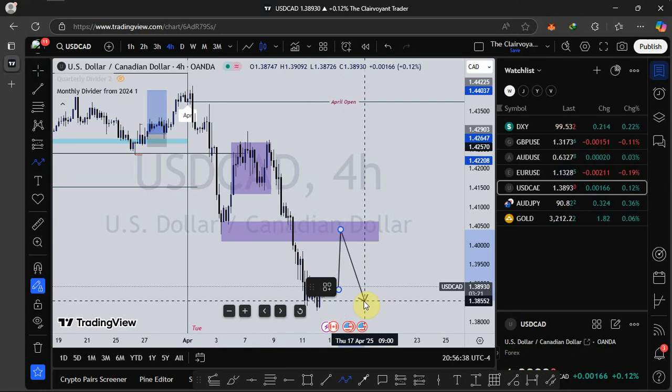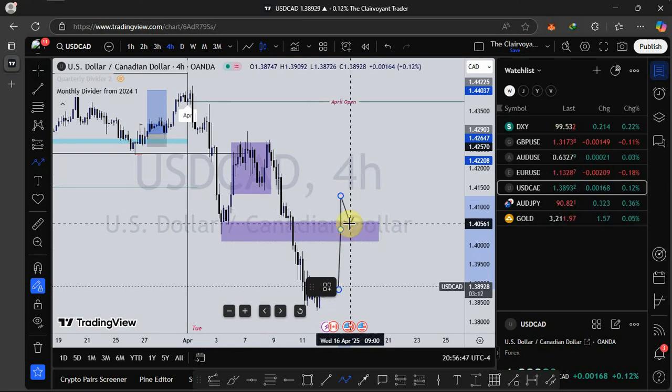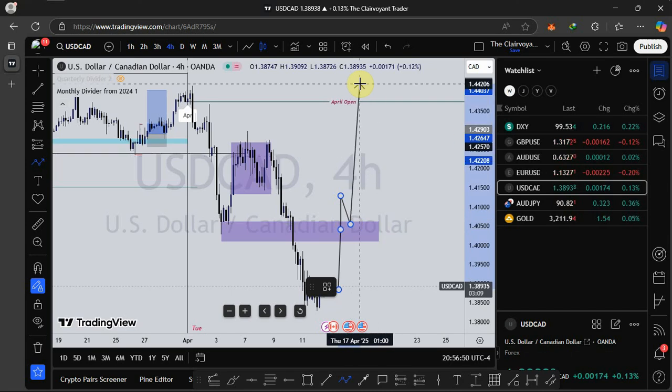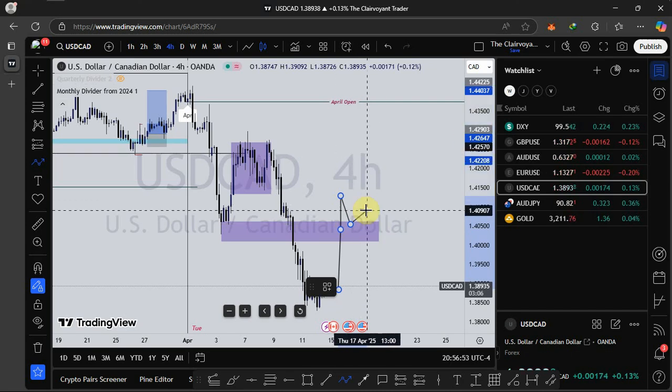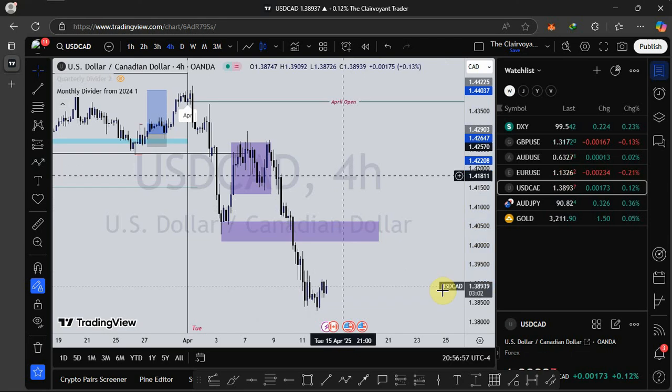We can have price violated, but always ensure that once it's been violated, you see a close above it. Once you see a close above it, you should notice that price would push up, because we are currently below the post-open price, and you should know what that means. So that is just that for USD CAD.